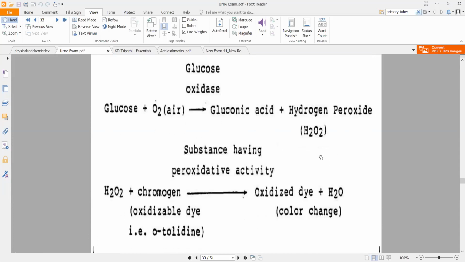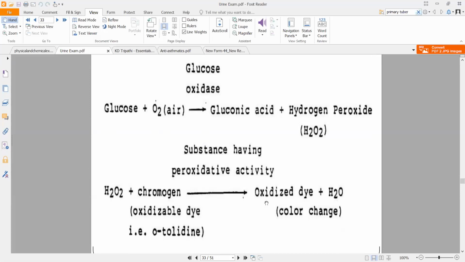All right. I'll repeat once again. You're taking glucose in a small test tube and you're adding a little bit of glucose oxidase. It is an enzyme. All right. Immediately you will get gluconic acid and hydrogen peroxide. To that same solution, I will add a little bit of chromogen. Chromogen is a dye. Okay. As soon as I add the dye, if a substantial amount of hydrogen peroxide is there, I will immediately get a change in color. All right. In case initially this glucose itself was very little or it was not present, I will not get this color change. If there is a significant amount of glucose, then I will be able to get this color change.